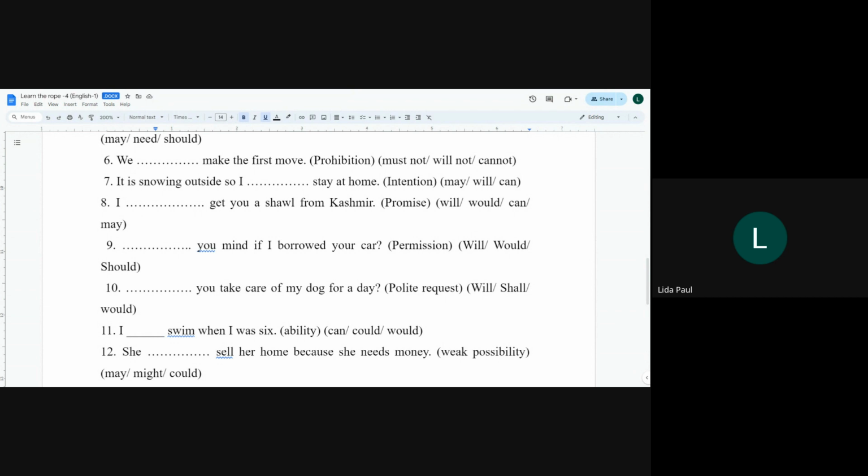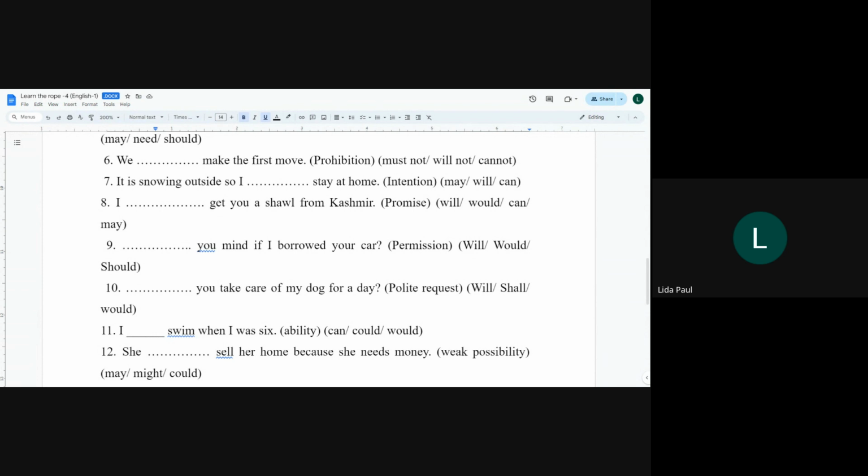Yeah, this one. So what did you tell me for permission? Would you mind if I borrowed your car? Would will be used, because it's a hypothetical situation. No, it's not hypothetical. This is again a different way of making requests in conversations. Now, here in this case, what you can do is you can say